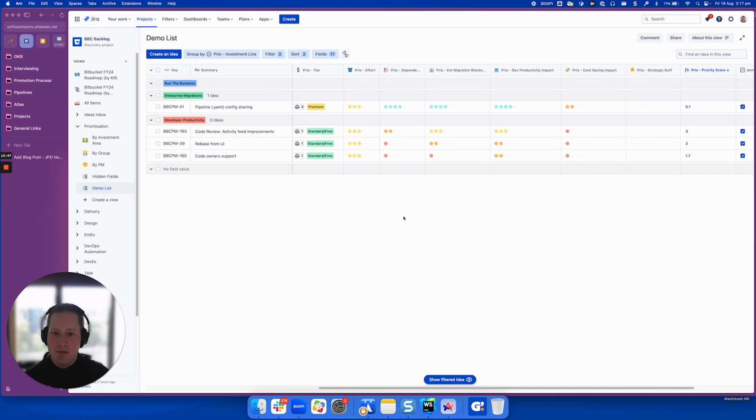So you might know that Bitbucket Cloud has pricing tiers. We have a standard/free pricing tier. We have a premium pricing tier. And we are hoping at some point in the future, we're planning to have an enterprise pricing tier. And now we don't